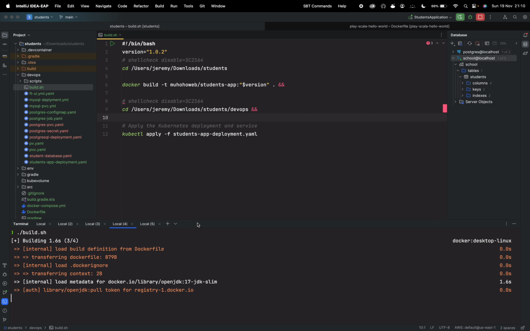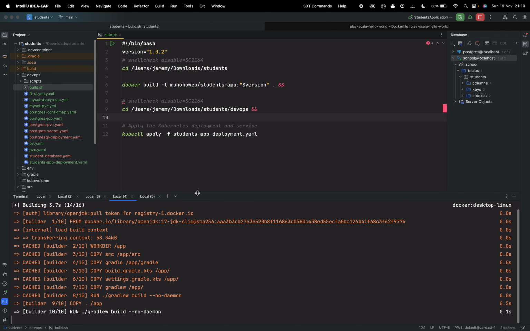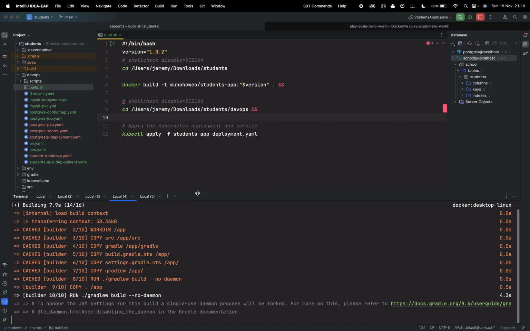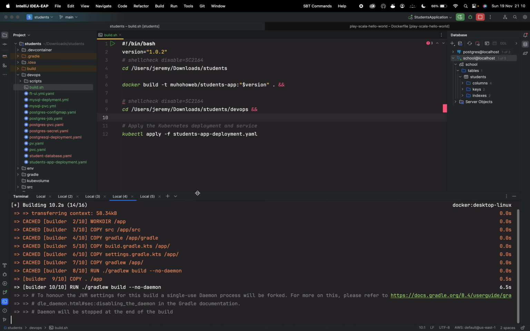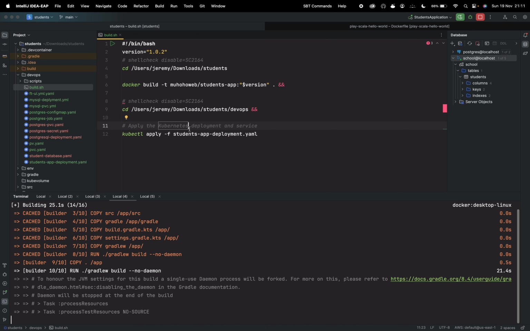Probably might take some time. I hope it does not take too much time, but because I had run this before, I believe most of the stages will be cached. Let's wait for this. As it is building, I can show you now this part where now the Kubernetes